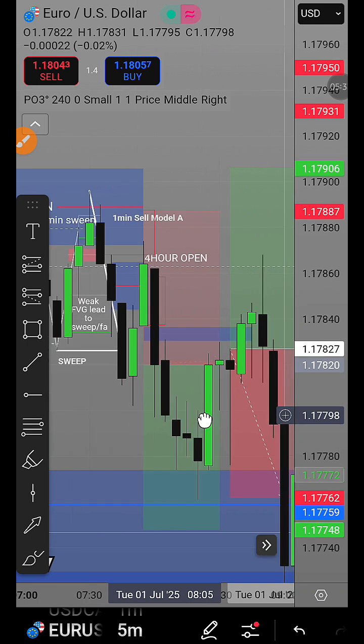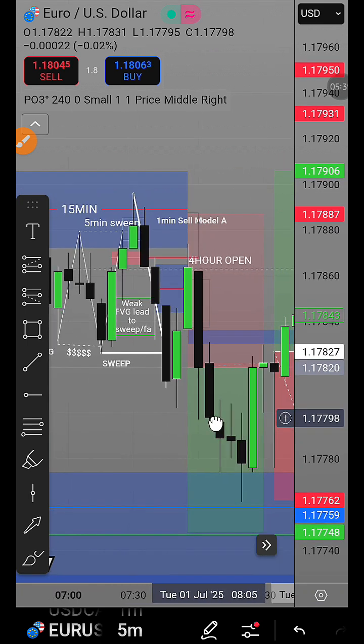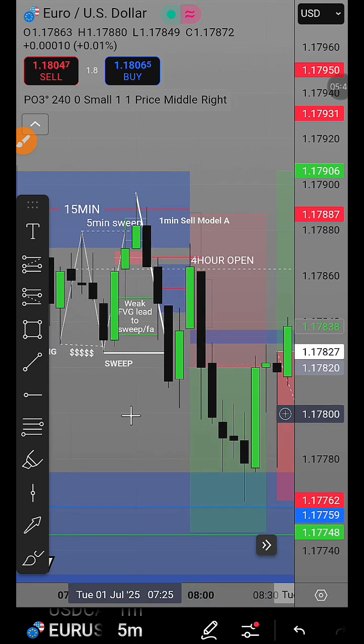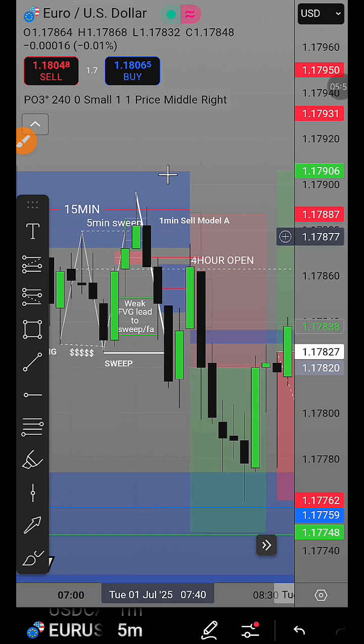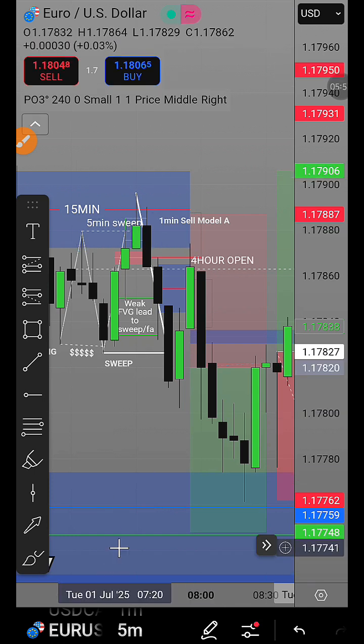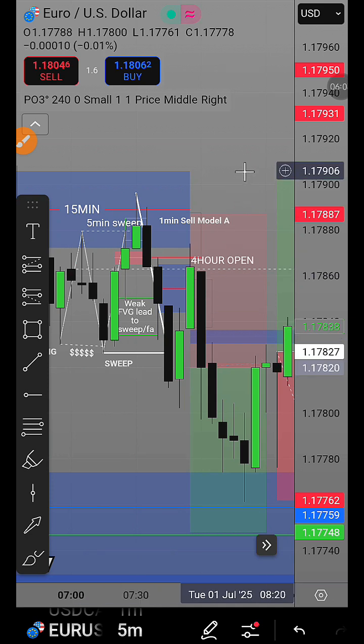So normally when you look at the trades that I've taken in the past, you'll see that I will only take a reversal trade once I get an opposing IFVG, right? So if I'm going to take a sell trade, I want to see a bullish FVG get inversed. If I want to take a buy, I want to see a bearish FVG get inversed. And normally